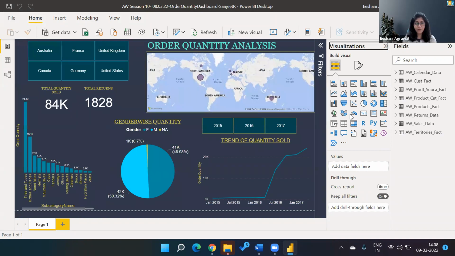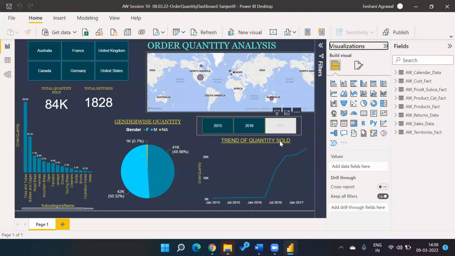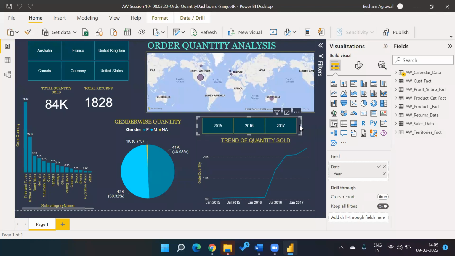Yeah. Sanjeev, good work. But like I said, half the slicers can't be over here. The reason being, then it feels like this area of the dashboard is governed by this slicer and this area is governed by this slicer. You understand? Moreover, I couldn't find the slider, so I had to put this. Otherwise, the slider would be in, this is what you have is